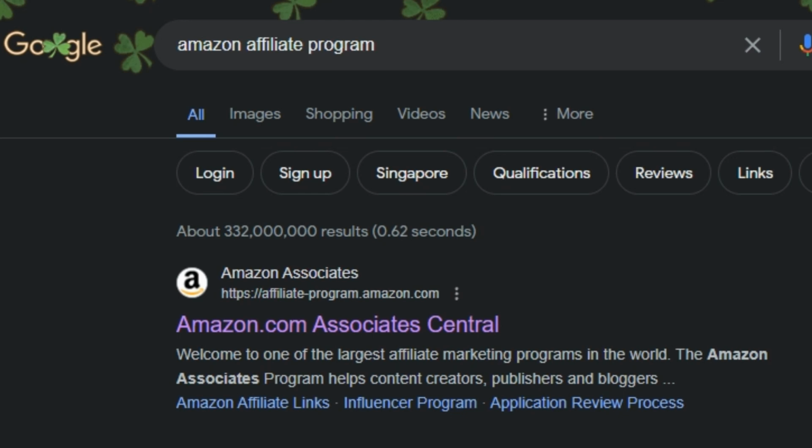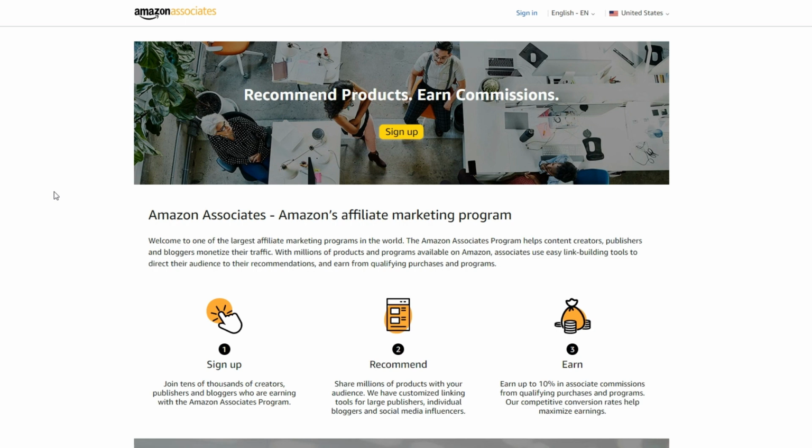Head over to your favorite search engine and search for Amazon affiliate program, which is what I did over here. For the first result, most likely it will be the first result, right? So go ahead and give it a click right here, and then you'll be brought to this particular page. Then what you have to do next is click sign up right here,